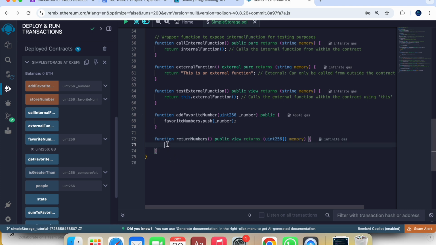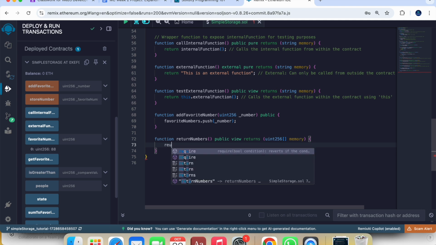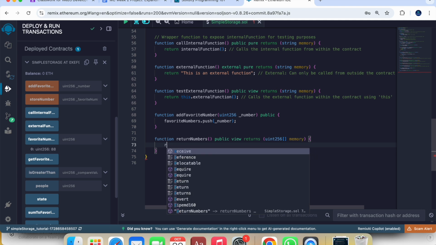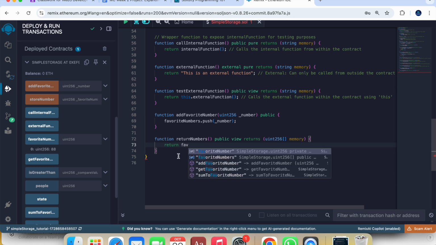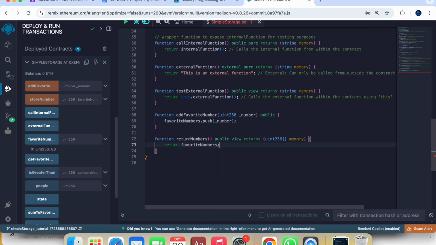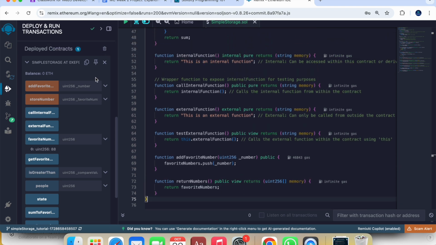You will learn in the next week why we have this memory. We call it data storage, or that you learn that. All right, so I'll just return favorite numbers. I'll just return favorite number, this one. I'll return this one. Okay, so now let me delete,